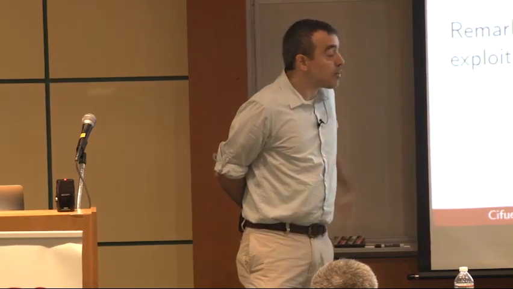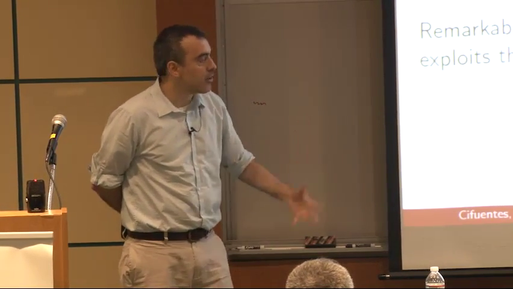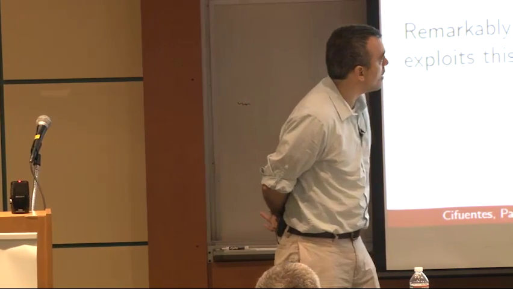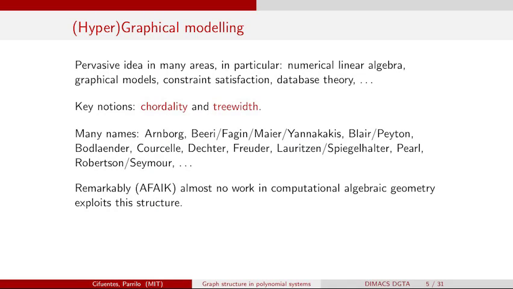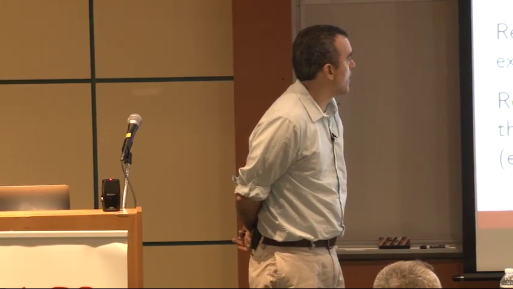What's interesting, at least for us, is that we were interested in understanding how to solve polynomial equations, and there wasn't really work in computational algebraic geometry on how to solve polynomial equations that would exploit this structure. At the beginning, we were surprised, but the more we worked on it, we realized that things are a little more complicated than this situation. And one of the other things that I want to explain is why this disparity exists and how one can do something about it. And again, we'll see exactly how this appears.